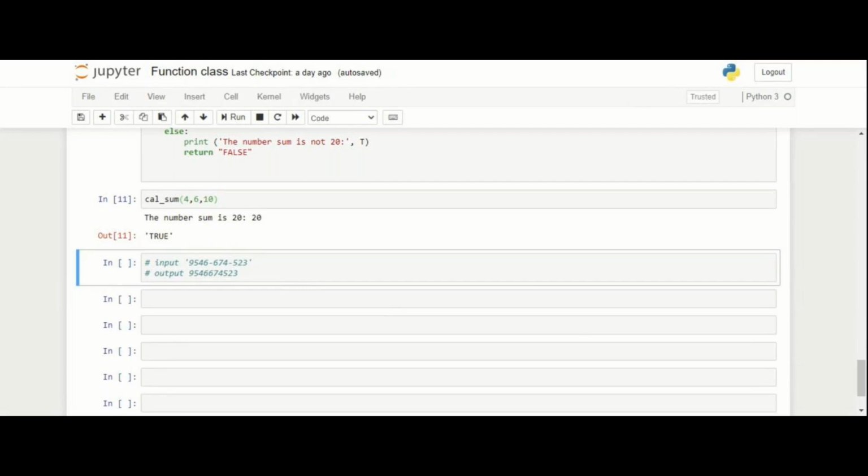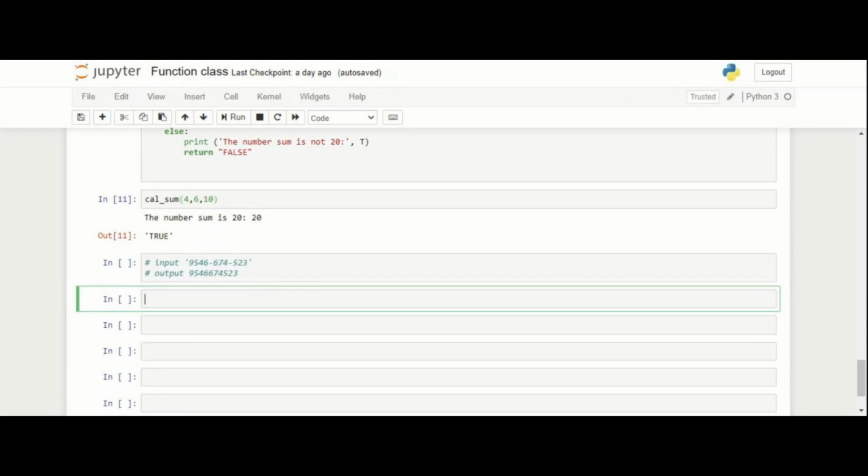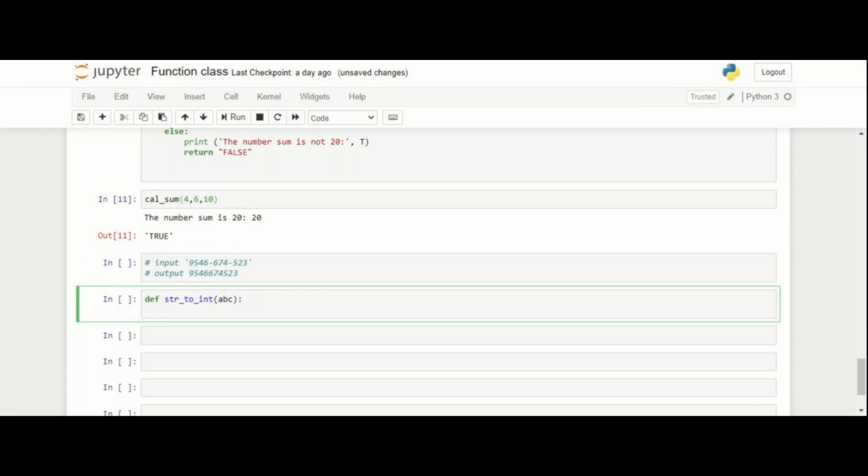That input is only one string, right? Yes, this will be only one argument. So how will we start? Def, suppose str to int. I am taking this function and passing abc, for example. Okay, my only one argument is there. Correct? And now I need to